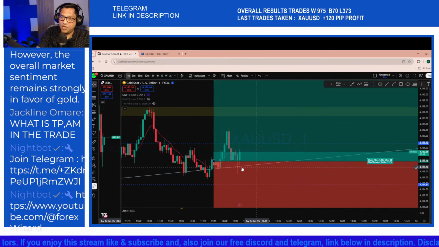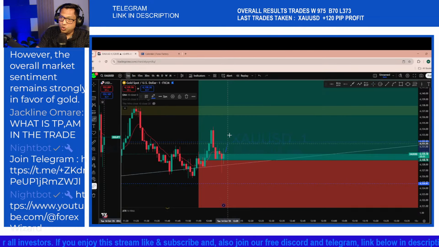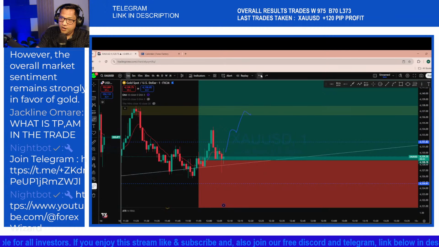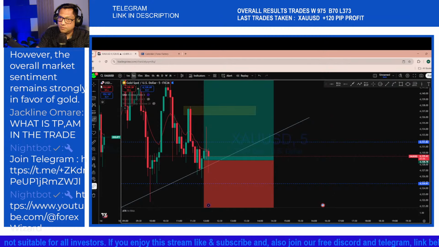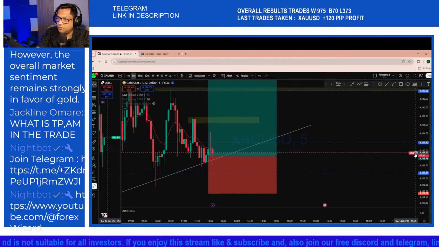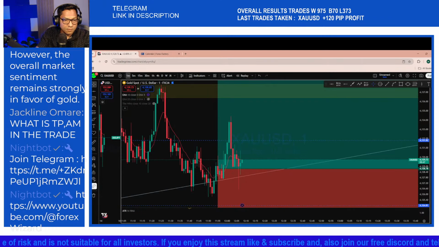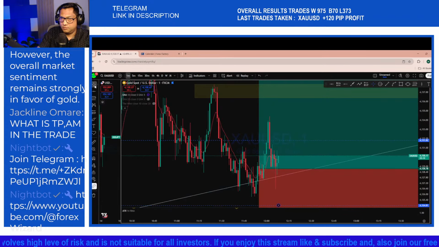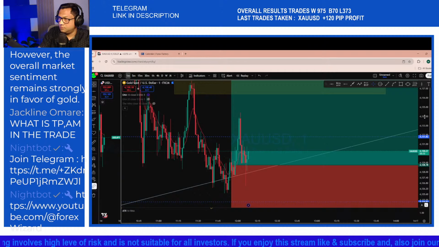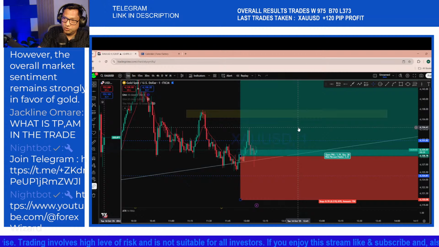I'm still holding on to that. And with this long wick candle, once the market starts to trend, we could see the price continue to rise back here to create a new higher high in that market, crossing back to the upside and expecting it to trend to create a new higher high here.